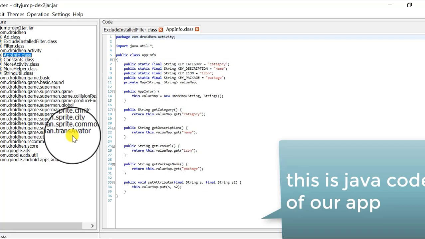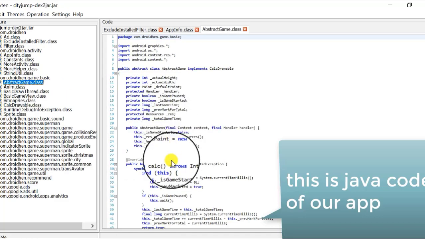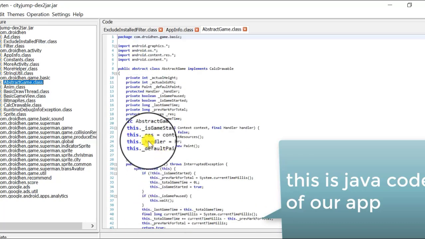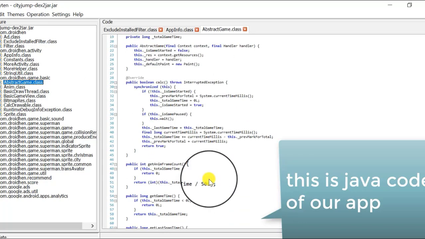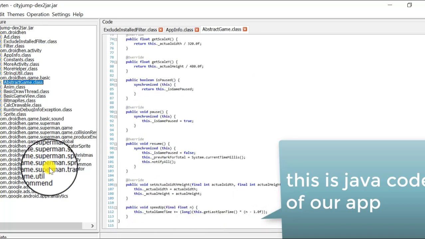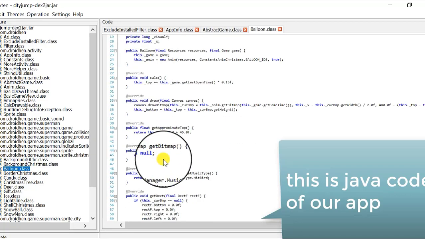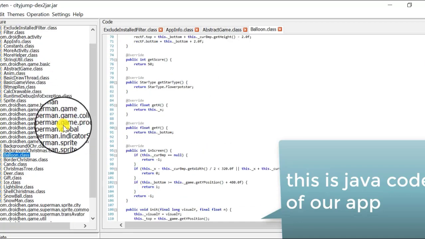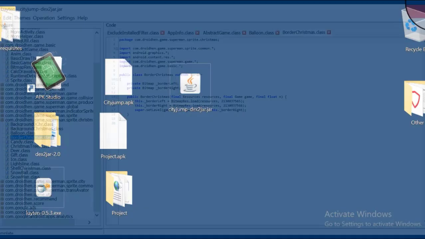This is the Java code of our game. Some parts of the game may be lost during decompiling of dex files.